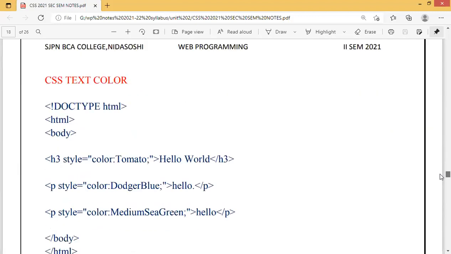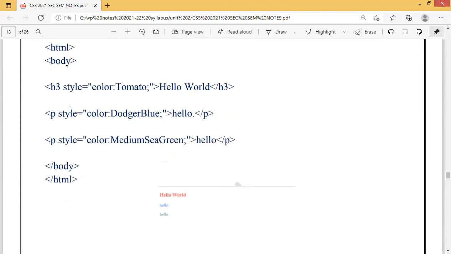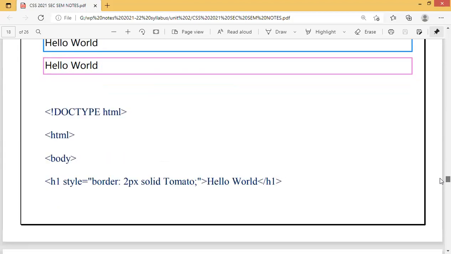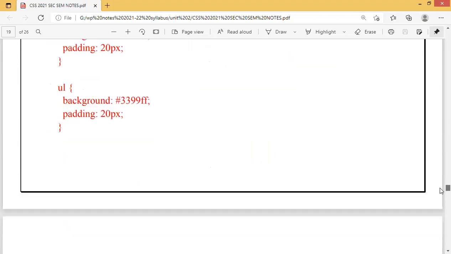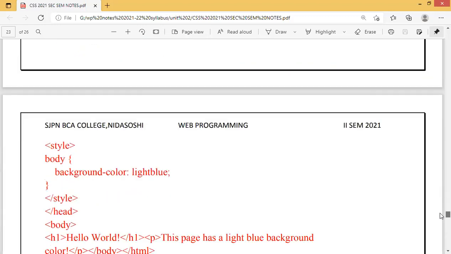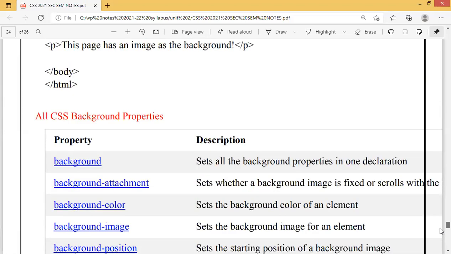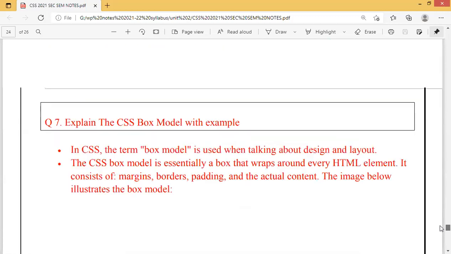Then this is text color, how to deal with the text color. I have not shown you this, so text color you can directly take using color. I will show you text color in the next class. This is border color, which we just saw. In the next class, we will go with the list properties. And then I told you about the box model, so we will see that once again.